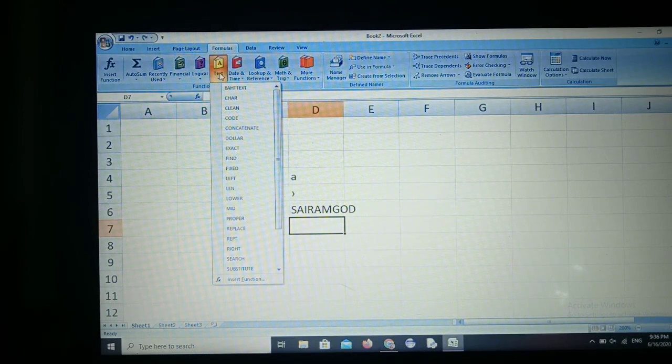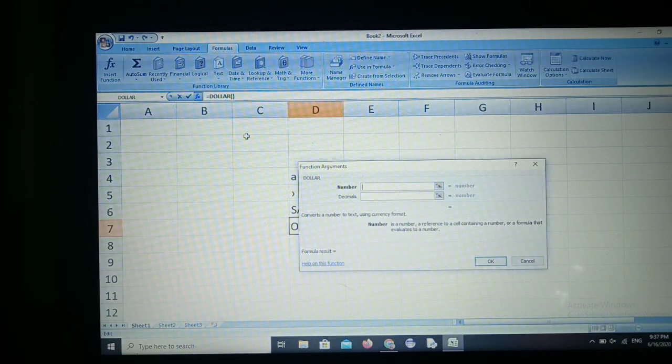The next one is DOLLAR. See the dollar? Dollar converts a number to text using currency format. Okay, let it be something like 67.8976. So after decimal point, I have given 4 digits, 8976. Number of decimals, you give only 2.